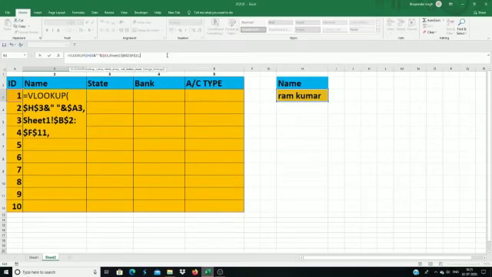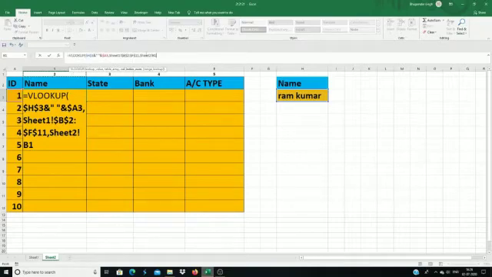Put comma, and now we have our third parameter, which is column index number. So for column index number, guys, we are going to use these numbers. You can see in the first row here we have 2, 3, 4, 5. So these numbers will help us to get data from multiple columns.